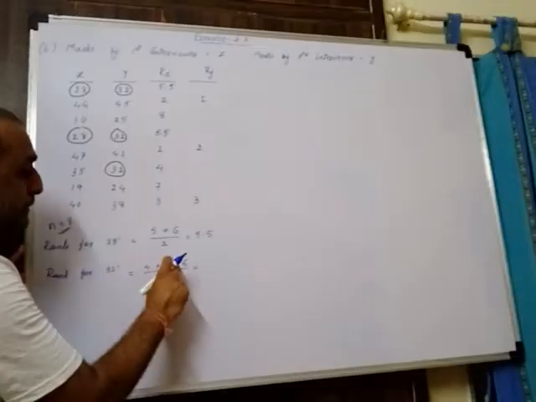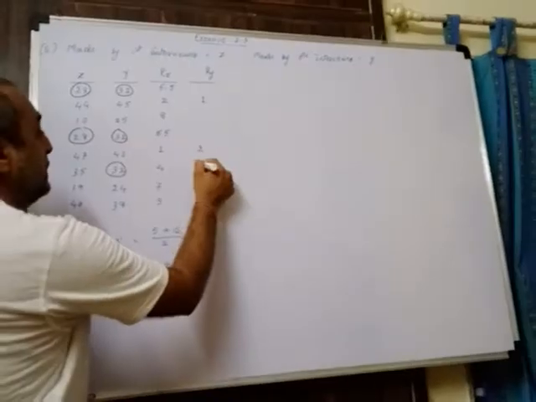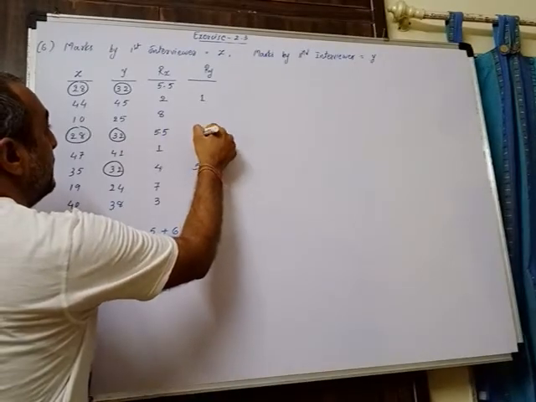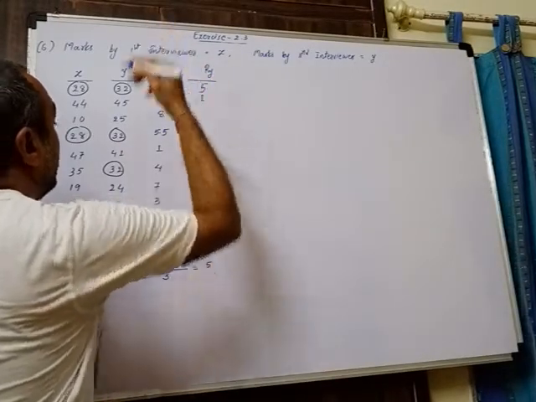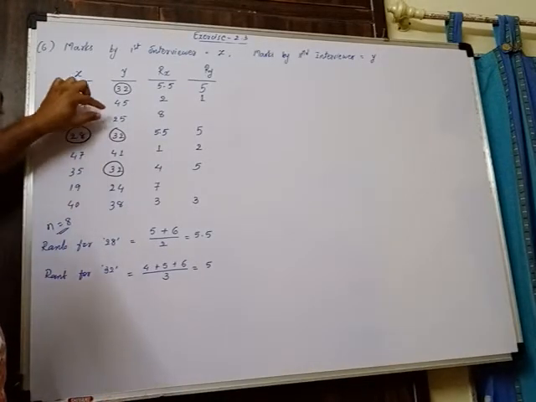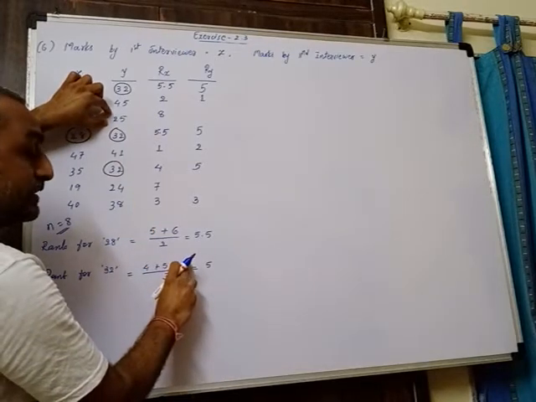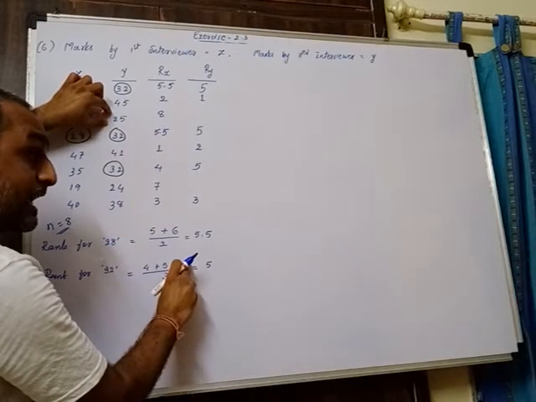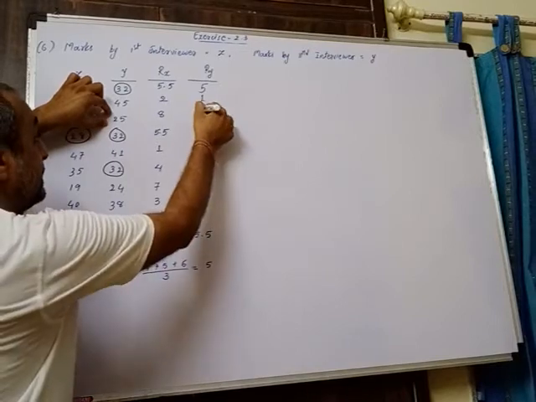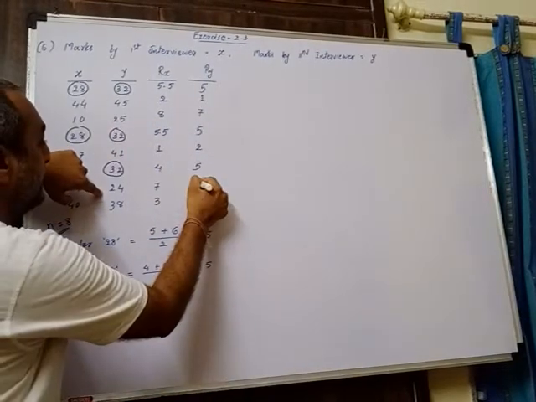Okay. So 6 plus 5, 11 plus 4, 15. 15 upon 3 is 5. So this 32 can be assigned 5th rank. Right. After 32, now the next value available is 25. So 25 will be assigned next rank after this we have taken. So 6th rank was the last over here taken. So next rank assignable is 7 to 25. And last value 24 will be assigned 8th rank.